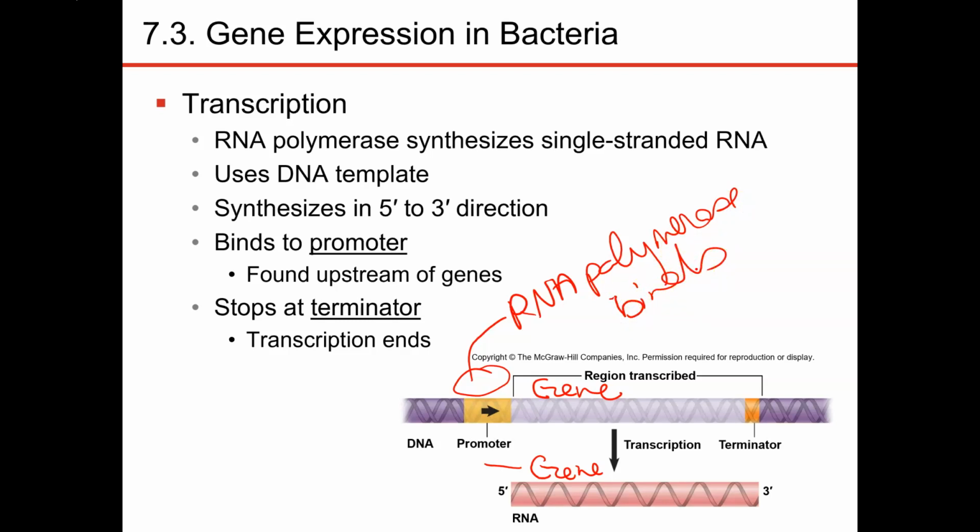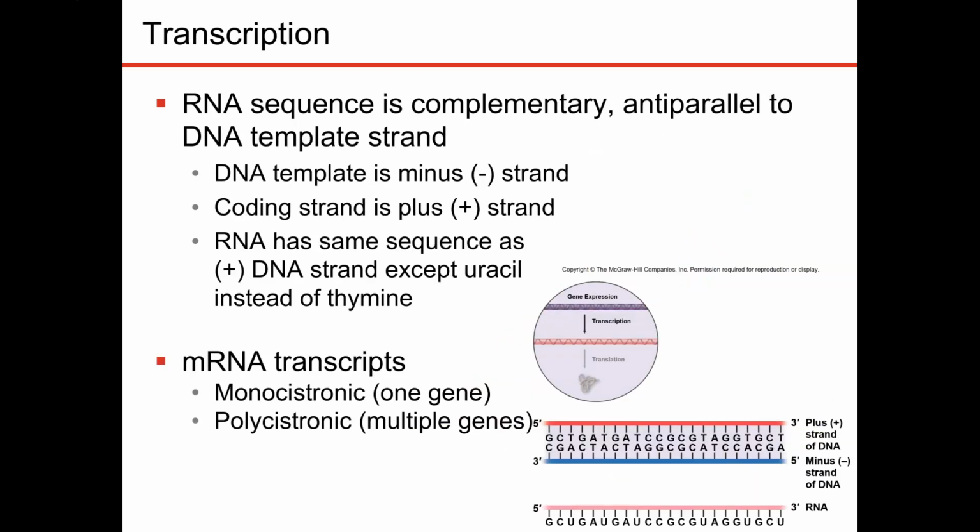So that's where RNA polymerase binds. And then RNA polymerase reads the DNA and produces an RNA transcript of that DNA. And it'll stop once we hit a terminator region, which basically stops transcription. So RNA polymerase reads the DNA and